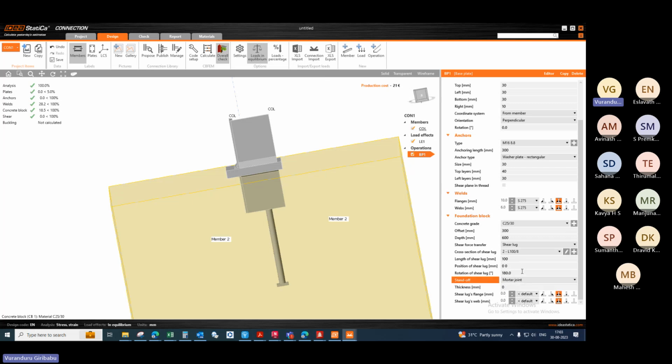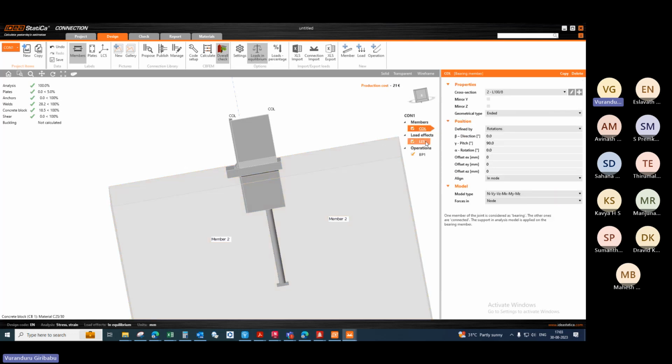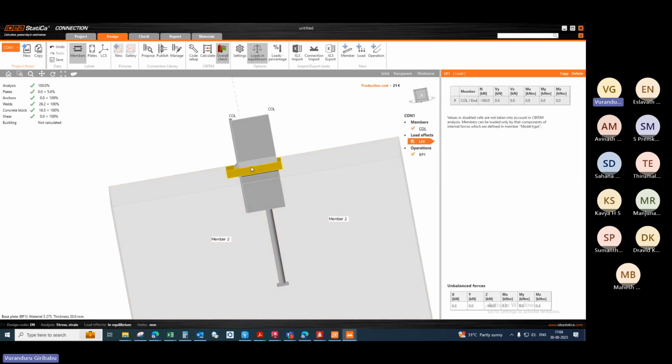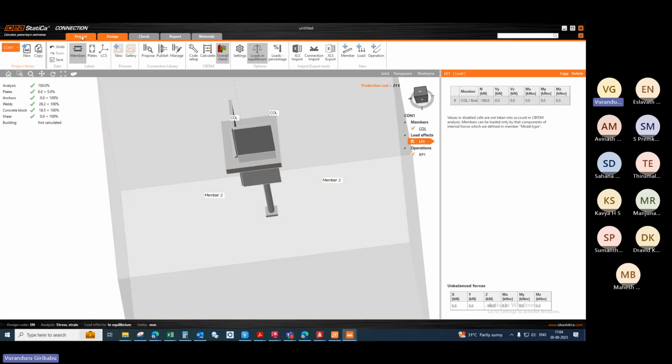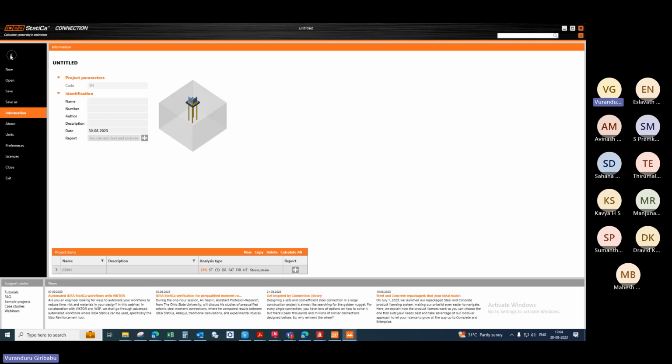Okay, that's also we can't go with the anchor. Okay. Anyone has any other type, chemical connection? If you need means we will go like that. And base plate is finished. Now